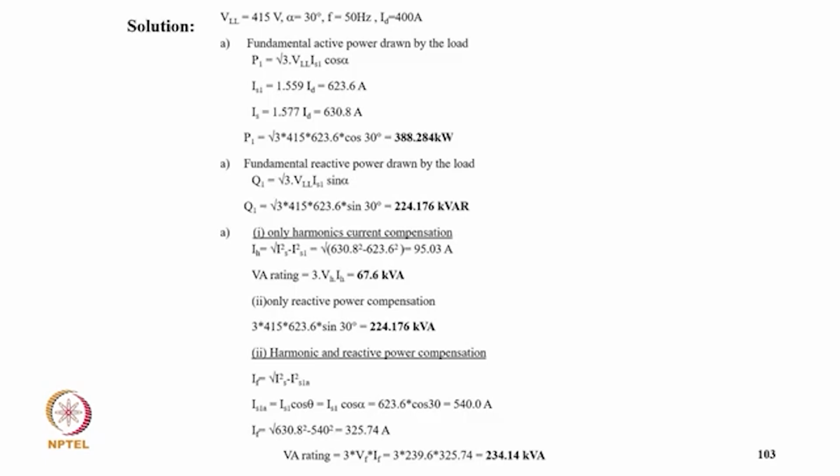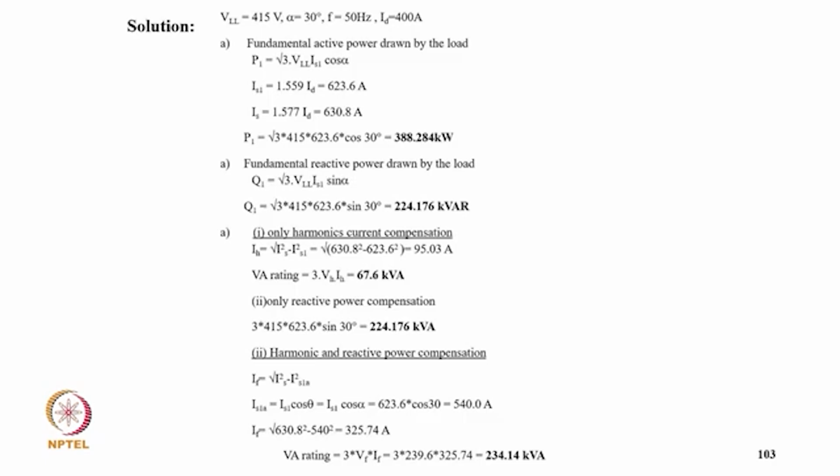comes to 224.176 kVAr. For the first case, only harmonic compensation, IH equal to root of IS square minus IS1 square, that comes to 95.03 ampere, and the VA rating is 3 VL IH, that is 67.6 kVA. Now second is only reactive power compensation, so putting the values, 3 into 415 into 620 into sin 30, that comes to 224.17 kVA. For harmonics and reactive power compensation, IF equal to root of IS square minus IS1A square, so IS1A